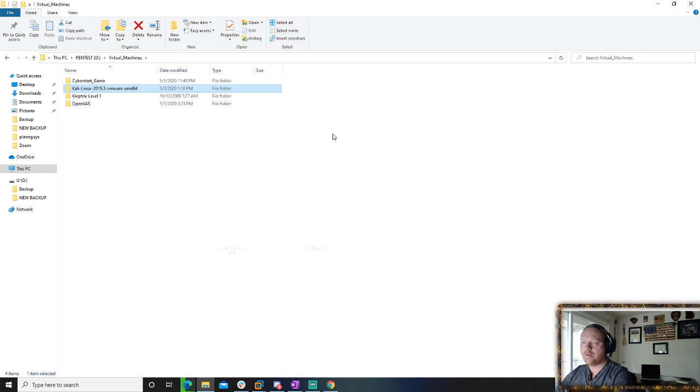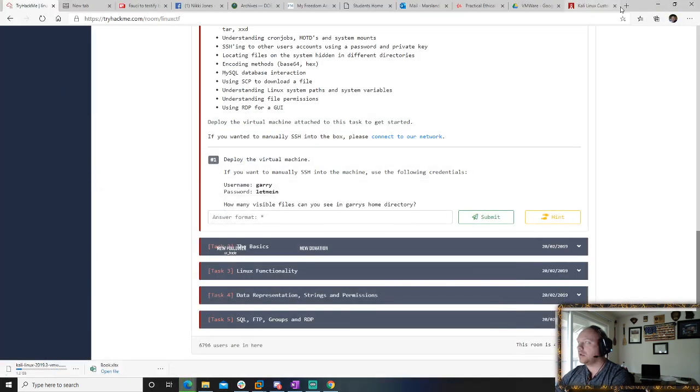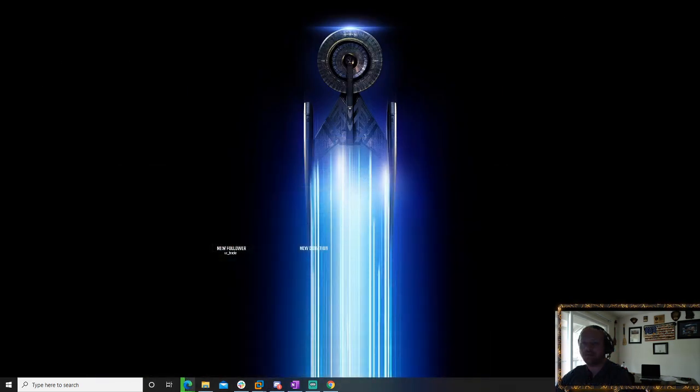I've got a few things downloaded already. OpenVAS is an open source vulnerability scanner, so we're going to go through that at some point, and Nessus for vulnerability scanning. But right now I'm just going to delete my Kali Linux and take my new download, and we'll get it installed.